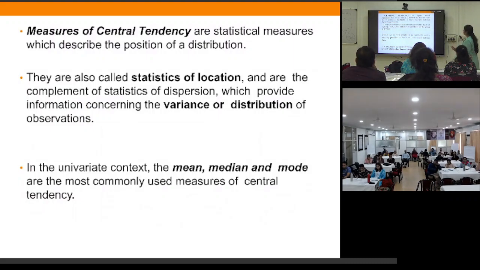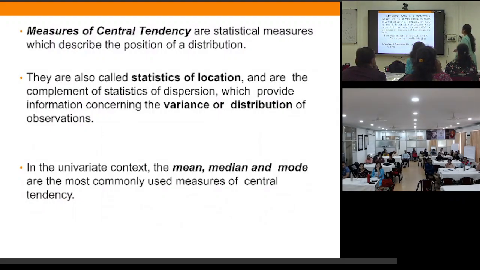When two or more groups are measured, the central tendency provides the basis of comparison, mean of group 1, mean of group 2, like that. So it is providing you something for the comparison between the groups. A measure of central tendency is a typical value around which other values are going to surround it. So that is the importance of it.